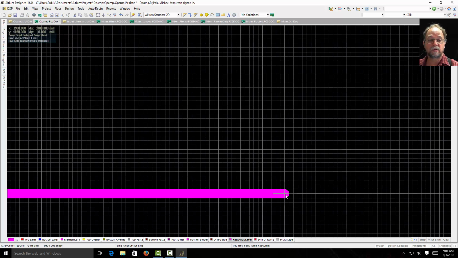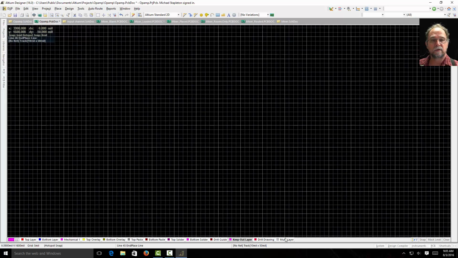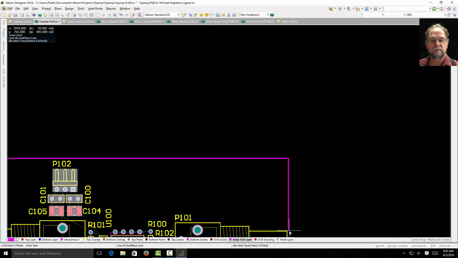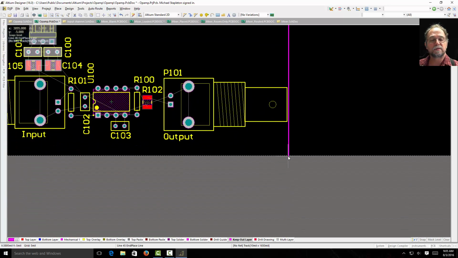My mouse is right on it by luck. I might have been up here or over there or out here, but I'll come in here, 3.9, 1.65, and I'll click. Now if I start going down, it will go down. It just takes a while, so I'll zoom out, come down to my 0 line,